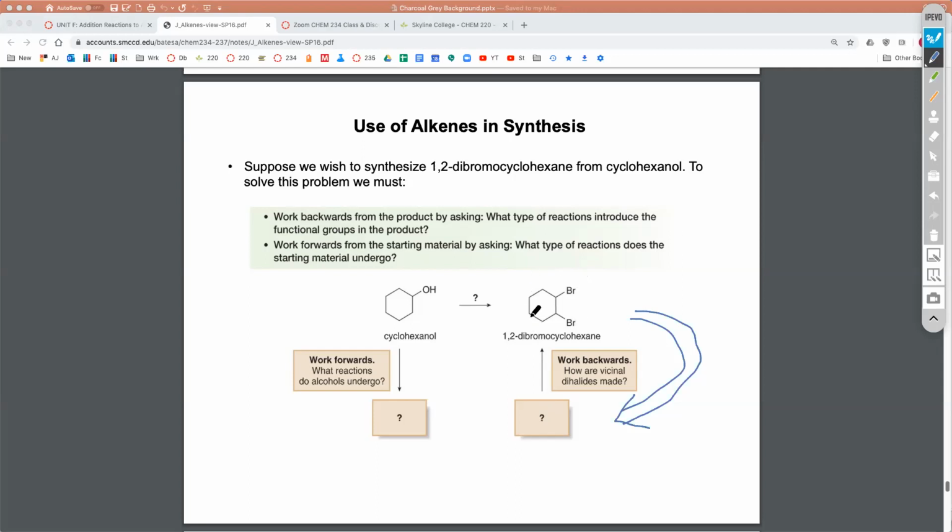Now, right now, we only know of one way to do this, and the only way we know of doing that is using Br2 in CCl4, okay? And in order to do that, we have to have a double bond. Well, is there any reaction that we could use in order to get to this compound here? And of course, if we have cyclohexanol and we wanted to get to this alkene here,